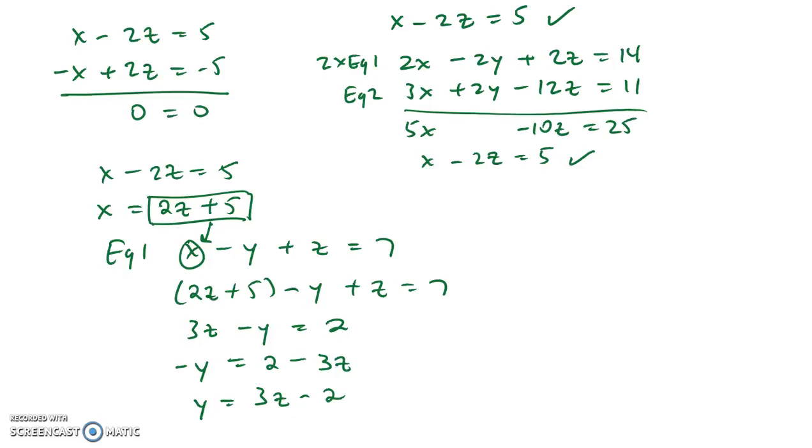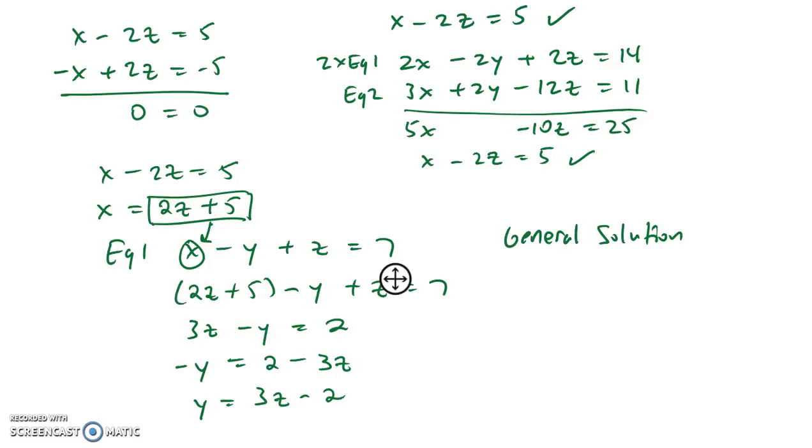And by the way, it doesn't matter which equation you use. We could have used equations 2 or 3 to obtain the same expression for y. And then just leaving z as z. And what that gives us is what we would call a general solution